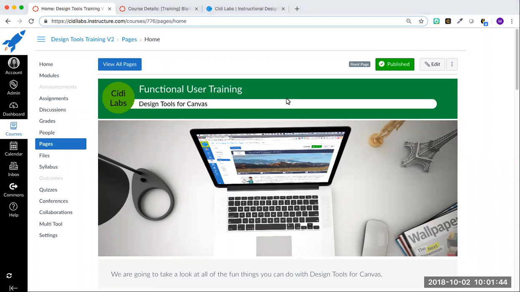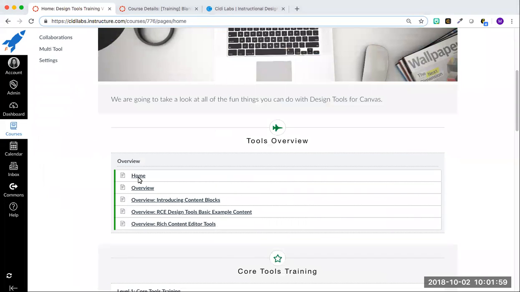Okay, so today we'll be going over part 1 of functional user training. You guys have already been through part 2. So this will cover the basic tools, where part 2 covered the intermediate and advanced tools. These are all the tools that you find in the basic level. So to get started,